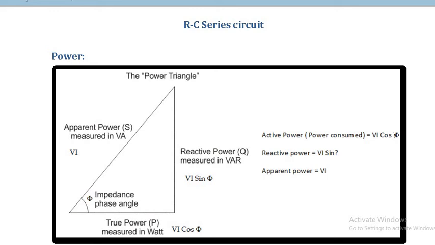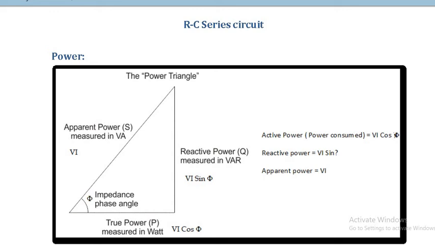Now what is active power? It is the power which we can feel and it is metered. It is also equal to I square R. So that is basically heat energy, and you can feel that power by that heat. This is what is called active power. Its unit is watts. Another is what is called VI sin phi.